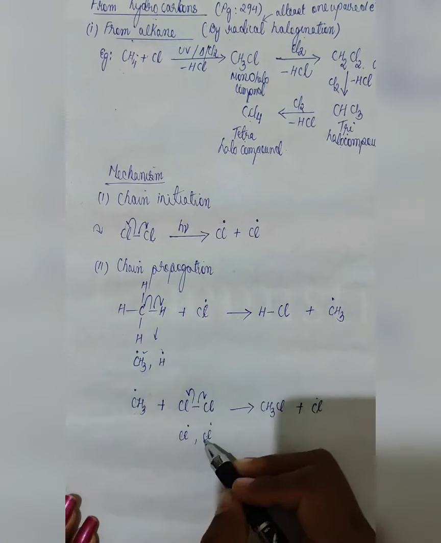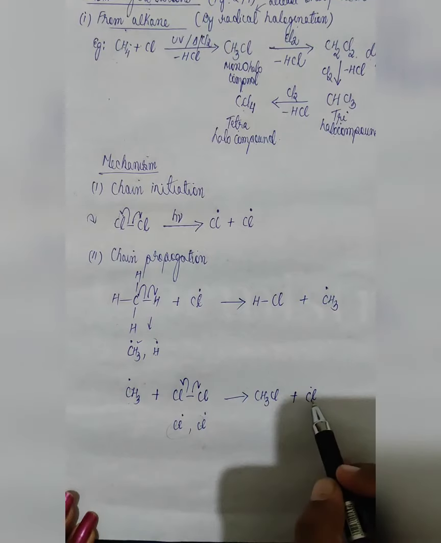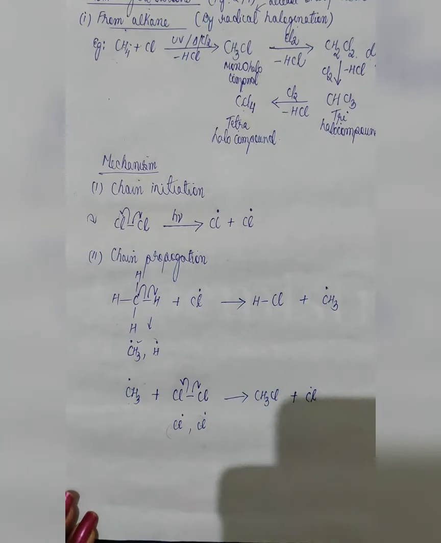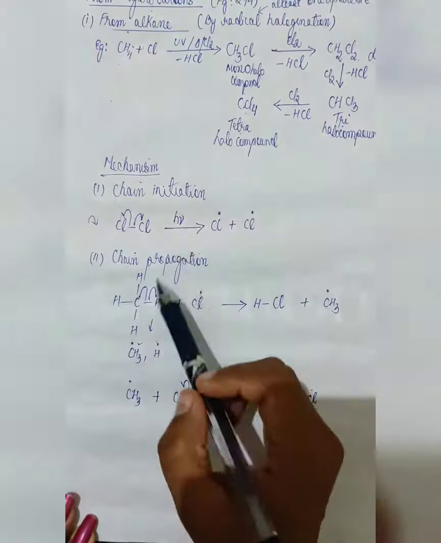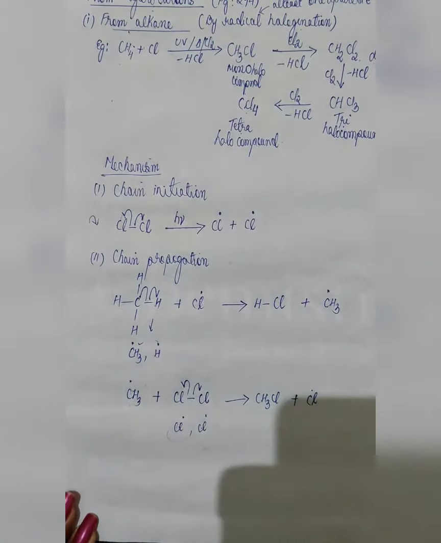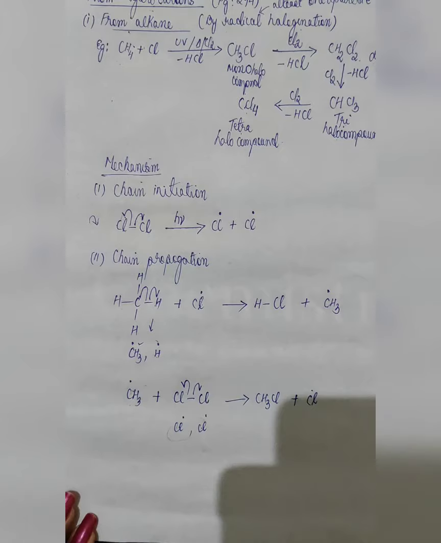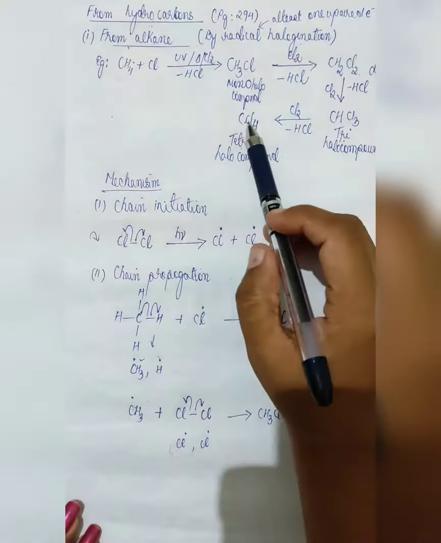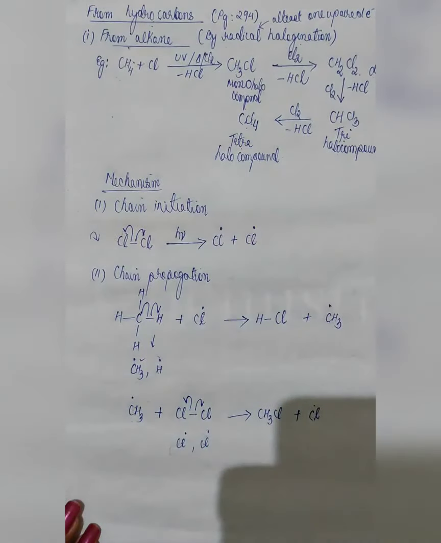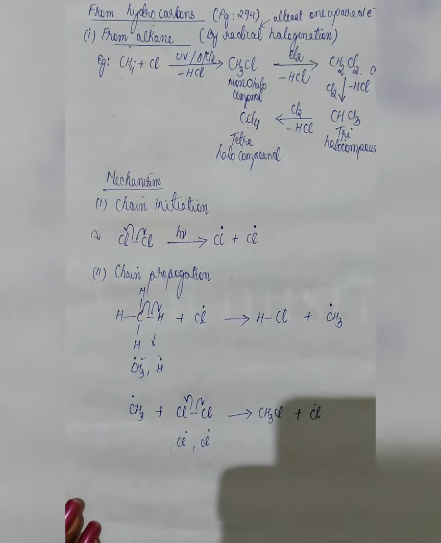Now this is just for your understanding, you need not write it in your notes. Now the chlorine radical from here will go and react again with CH4, forming the same reaction. That means this reaction is going to continue, it will continue till your CH4 or Cl2 vanishes. But in this reaction we see that H vanishes, then the reaction stops. So it will continue till you get your final product.